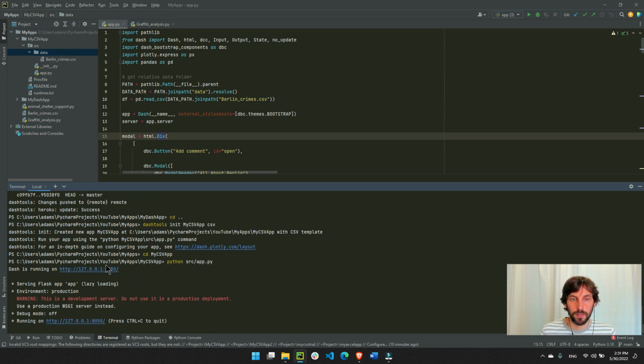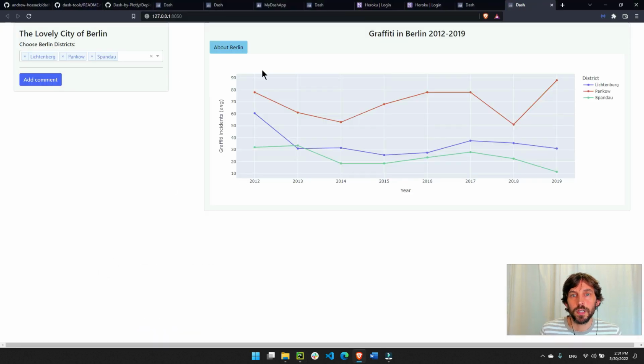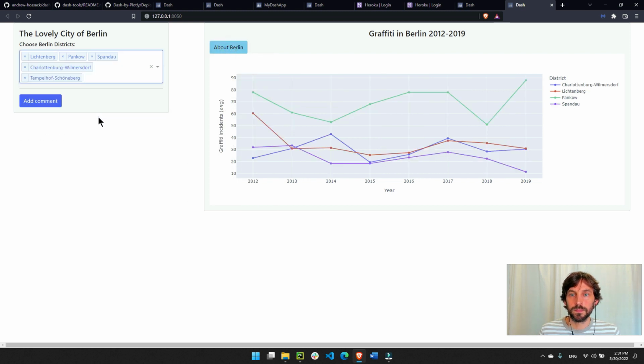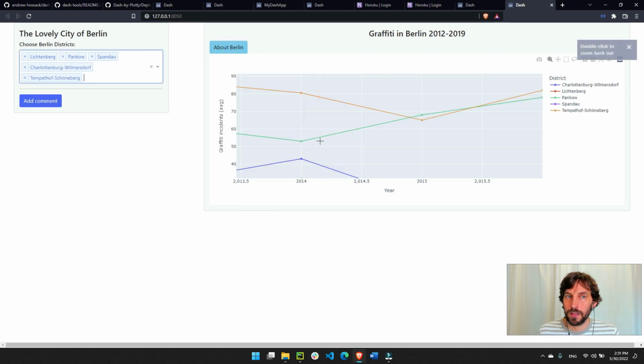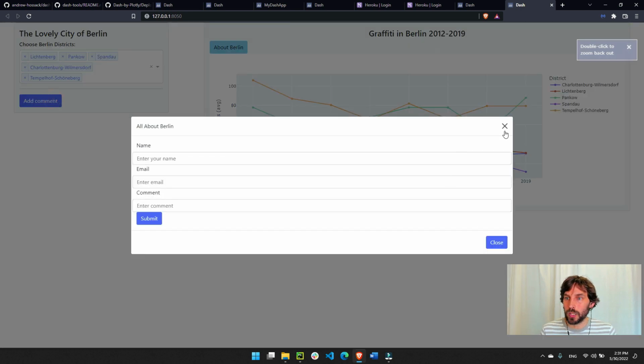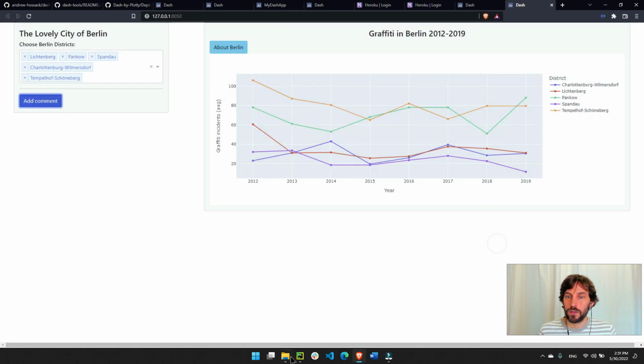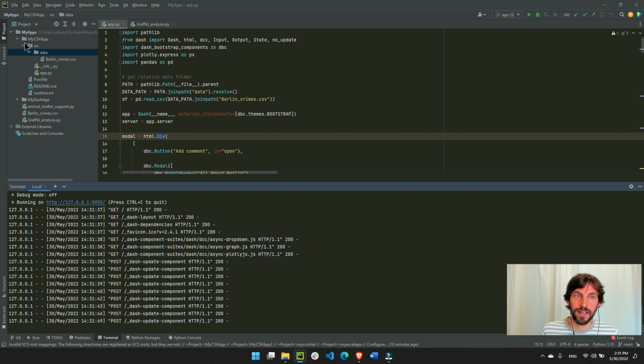Python source app, run it. Cross our fingers. Perfect, it works. We'll add more districts in Berlin, and you can see that we have more lines and that it works and that it's cool. Great. So now that we know that our app works inside the main project directory where we have all the